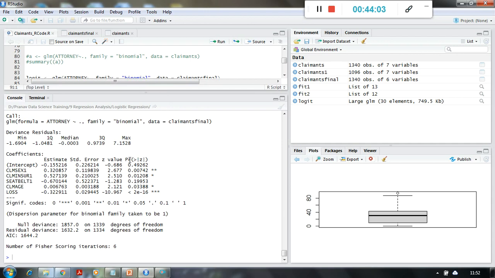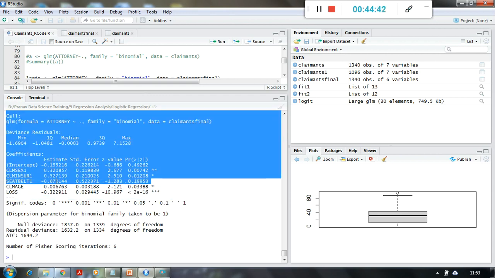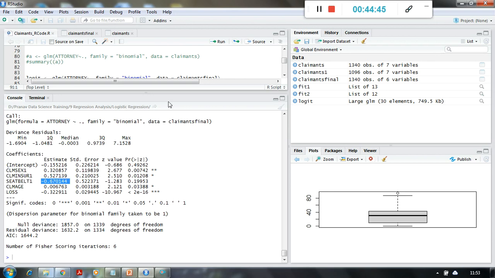Like we had the linear regression summary, similarly we are getting the logistic regression summary as well. So this is my formula, these are my deviance residuals, or you can say errors. Then these are my beta naught, beta 1, beta 2, beta 3, beta 4, beta 5, and these are the probabilities for those respective estimates, the intercept and coefficients. And if you see over here, this is significant, this is significant, this is significant, and this is significant. But this particular variable is not giving us a significant coefficient.